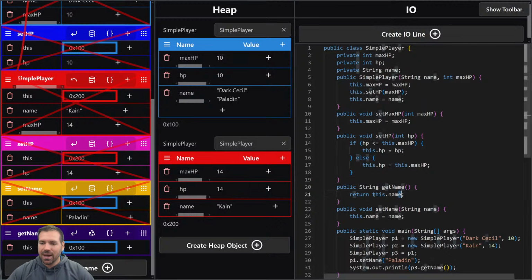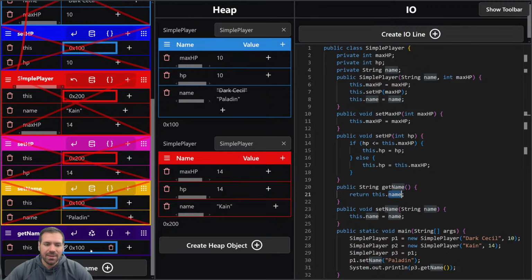This dot name. If you don't have this dot, this code does the same exact thing as this dot name in this case. But I do like to be explicit and always have this dot, even when it is optional. But sometimes it is optional. I don't want to have that conversation right now. If you always use this dot when you want to access an instance variable, you don't have to worry about when it is and isn't optional. It's optional when there's no naming conflicts, when there's no local variable of the same name. So this dot name